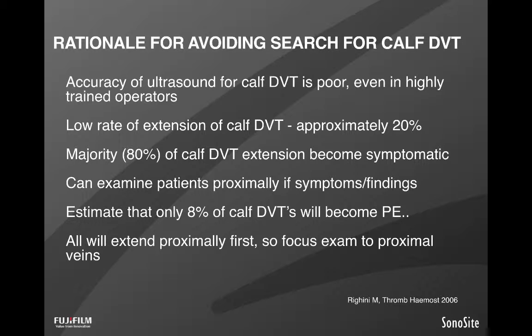A second reason why we don't look at calf DVT is that even under highly trained operators and sonographers, the accuracy of ultrasound for calf DVT is quite poor. The anatomy is challenging, and identifying exactly where a clot is, with the small veins and the tributaries, can be quite difficult. So for that reason, we're going to avoid discussing or focusing on calf DVT, largely because it's not